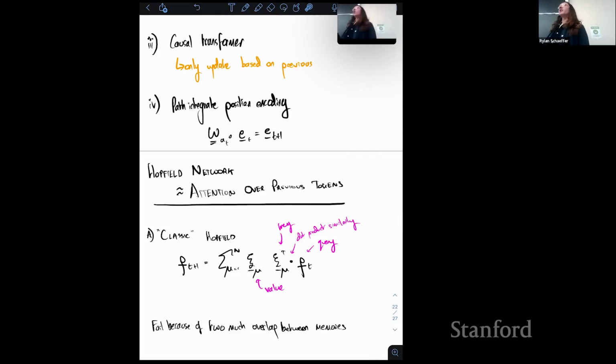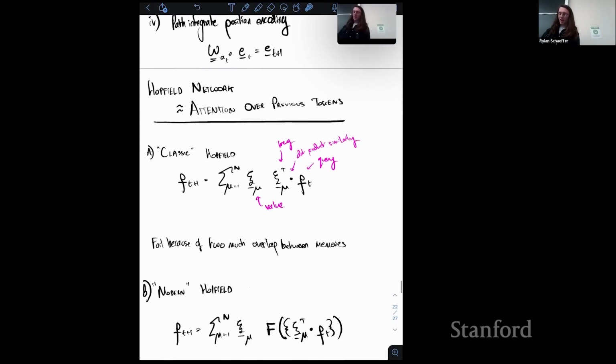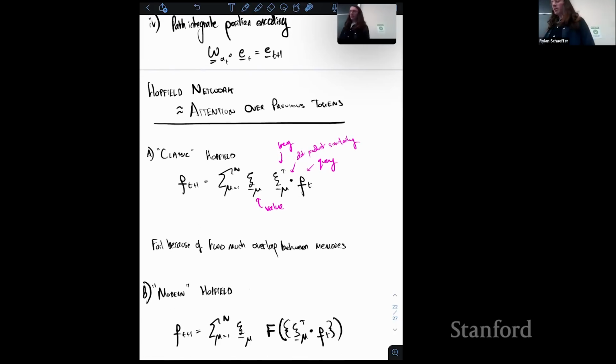For n neurons, they can only embed about 0.14n memories, which is a big result from statistical physics in the 80s. But it's okay, people have improved this. The reason that they're bad seems to be basically that the overlap between your query and the memories is too big for too many memories. You basically look too similar to too many things. So how do you fix that? You sharpen your similarity function.